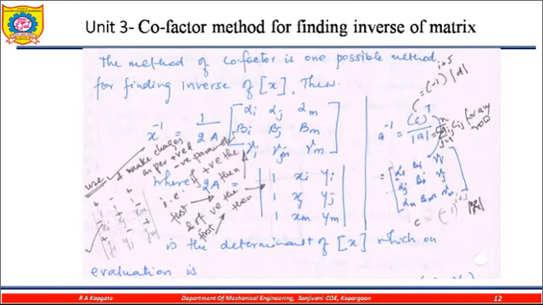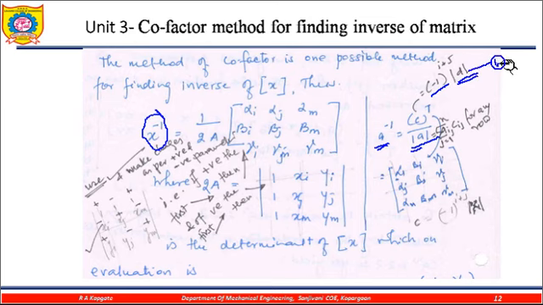Once I calculate this a, there is a need to find the inverse of the matrix. How do we find this inverse? There is a rule: A inverse equals C transpose, the cofactor transpose, divided by the determinant of A. Now how do we find this cofactor C? Whenever we are finding the cofactor, we need to use this formula: minus 1 to the power i plus j times the minor of the element.